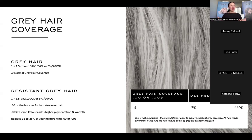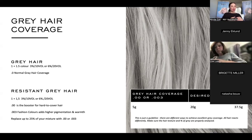Depending on the amount of gray they have in the hair, you will want to up the amount of natural that you have added in. Again, in further classes, we take a much deeper dive into gray coverage and how to expertly formulate every single time for it. But this is more of the concept of we have our premixed shades, and then for that perfect opaque coverage, we want to be sure that we're utilizing the appropriate natural to get that tonal and level